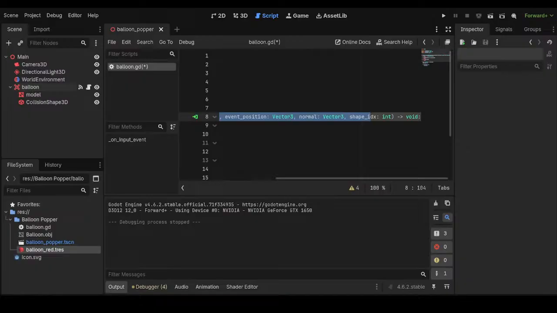And the reason why is that when there's input, the event function contains a bunch of data that it is going to return. Now remember,